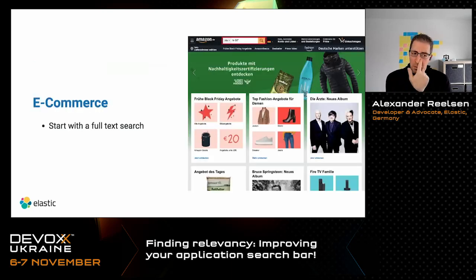Well, let's take a look at e-commerce. This is Amazon. Probably most of us know this website, and there's kind of a journey in how the Amazon search is used. It not only involves the search, it starts with the search bar at the top. And you can also see here, this is not like Google. Google just had this one search bar because Google did not really know what you were trying to search for.